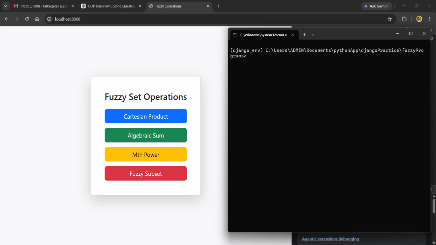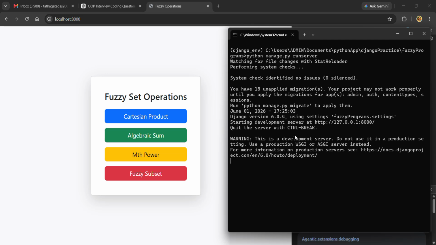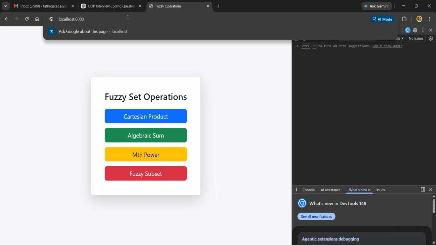Okay, I'm stopping the server. Now I will start the development server again in front of you. See, the development server has started. Now I will reload, which means I will enter the URL again. When I enter it,